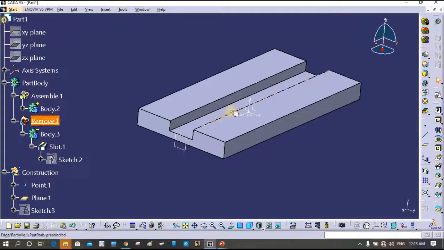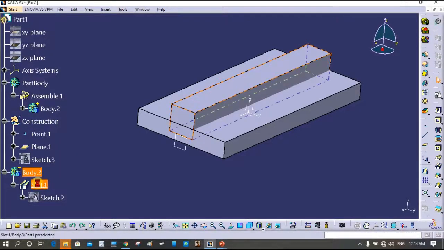If you want the slot to be incorporated in the tool, then this body should have a plus symbol, like how this particular body has that similar plus symbol. So to have this plus symbol, we should make use of the material addition command, that is the rib, and not the slot, and hence the slot is not used in the industrial design procedure. So I'll just undo this. I'll delete this slot.